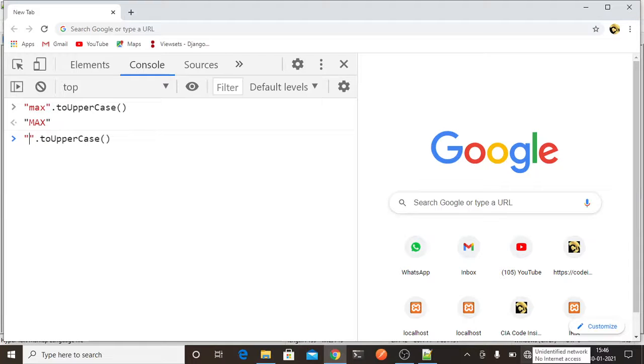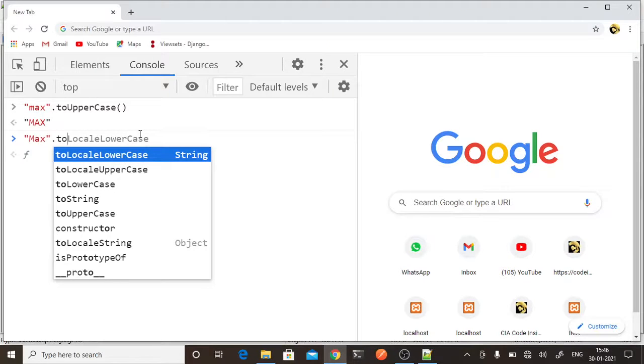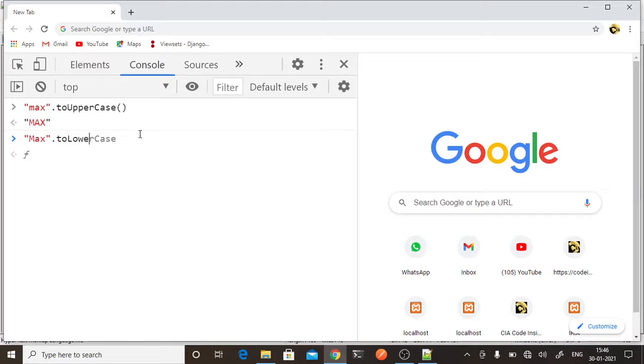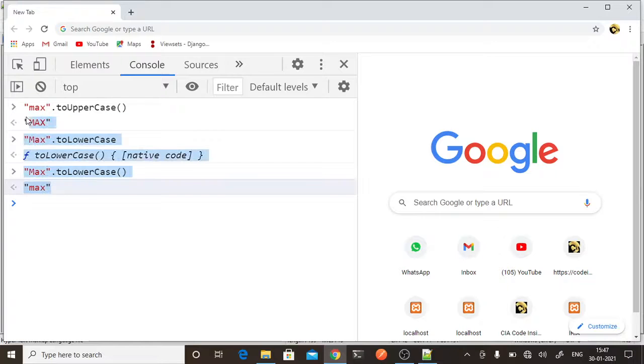If I have something like this and I want it in all small letters, then I can use the function toLowerCase. Sorry, it's a function, so you have to give parentheses. So these are some of the string functions or string methods that you can use.